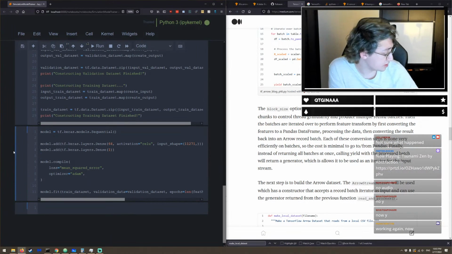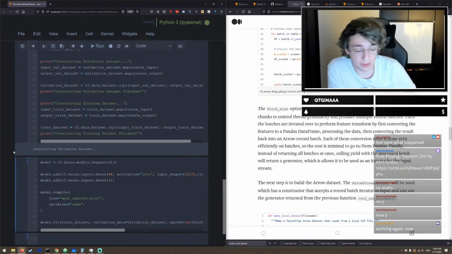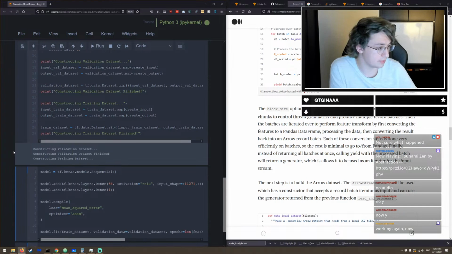We just need something where it's not incredibly stuttered by how slow it is to read files. And once we get that, then we'll just save the model, and then